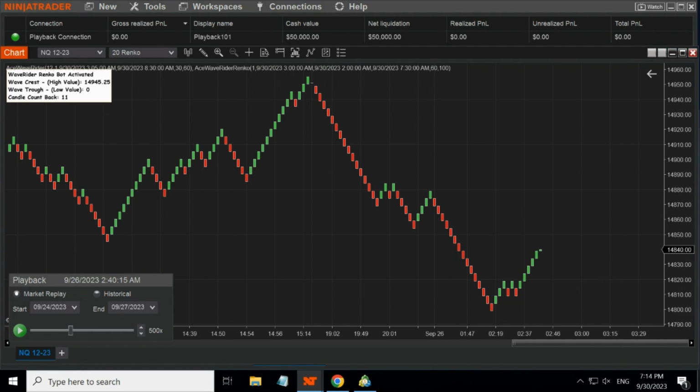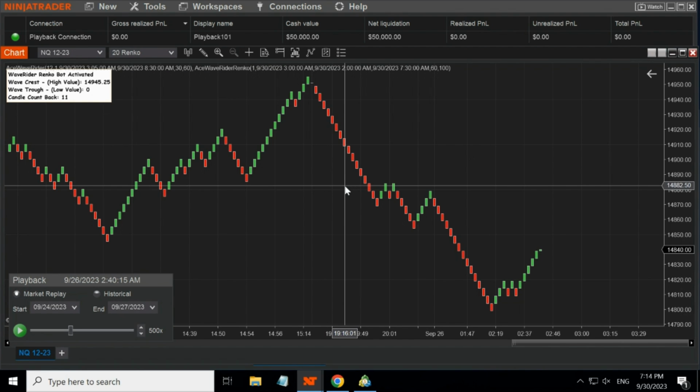So looking at market opens, I often tend to run it at the Australian Open, Asian Open, London, and the US. On the chart here you can see that I have a Renko chart. I like to use Renko charts for WaveRider just so that I can see any trends forming and then obviously see some consolidation, and that consolidation period is where I would like the wave to form,